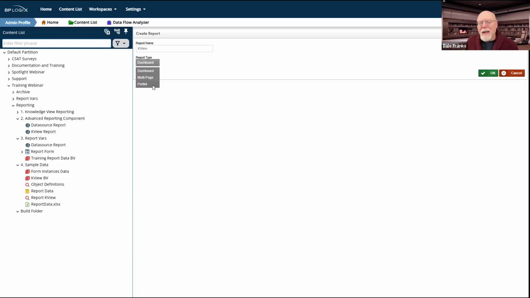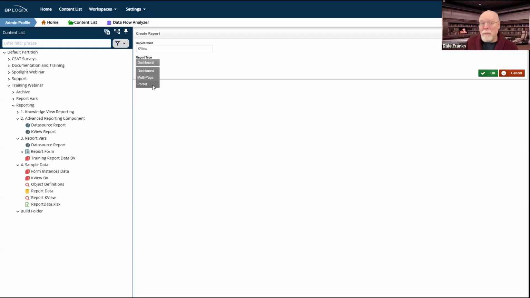Portlet, this is still here. I'm not entirely sure how useful it is at the current moment because with the brand new UI, we don't use portlets much. A few minutes ago, we saw the user profile, and it was split up into 3 portlets. And the portlet report is kind of sized to fit into one of those portlets. We don't use them as much anymore, although workspaces are still divided into portlets. So it still has some utility. So we don't really want to get rid of it. But we don't use them much.